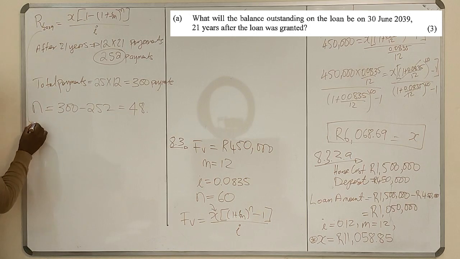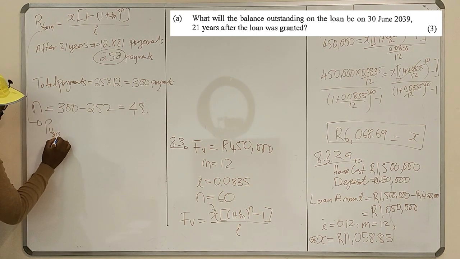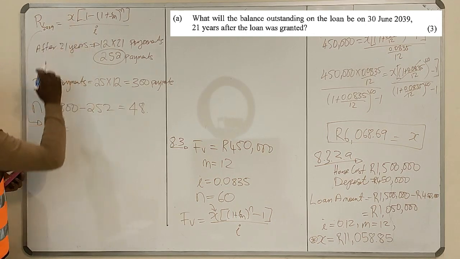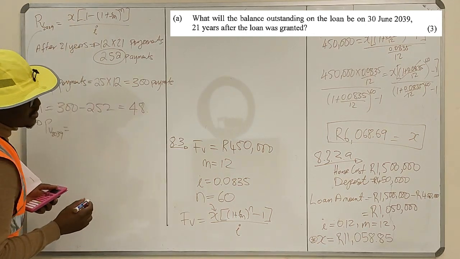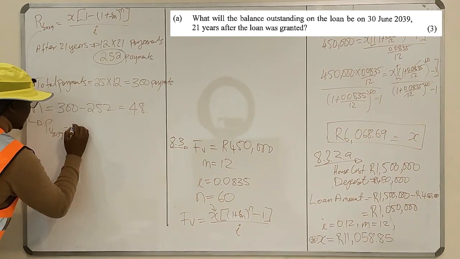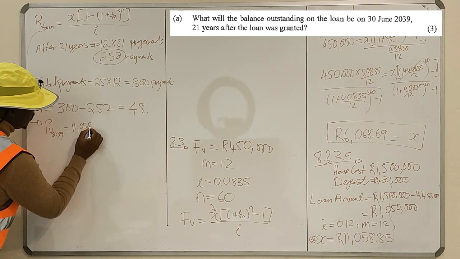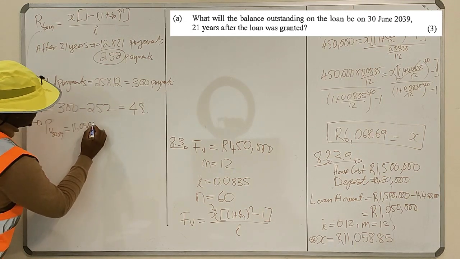So we substitute into this formula. The present value in 2039 is X, which is the monthly installment. We are told that he's paying 11,058 rand 85 cents